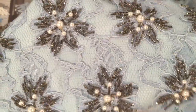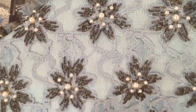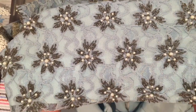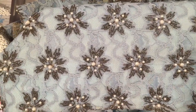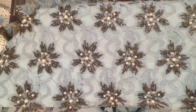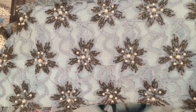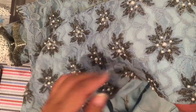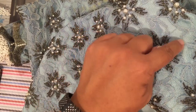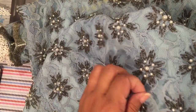So if you look here, I'm just going to show you a small section. Look at the number of beaded flowers in here, and I'm just holding up about a 5-inch wide section of the dress. The whole dress looks like this. So I just thought this was beautiful, and if I decide I want to cut it up, I will probably cut around the individual flowers here,